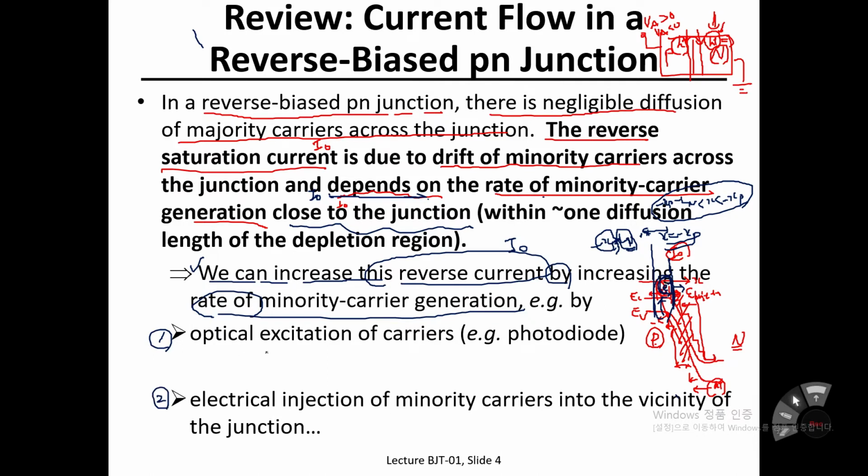Number one, optical excitation of carriers. This approach can be well adopted for photodiode applications. The second way to increase the rate of minority carrier generation in a PN diode under reverse bias is electrical injection of minority carriers into the vicinity of the junction, close to the junction. So close to the junction, if we can enhance the generation rate of minority carriers, in other words, if we can place a certain new magic box